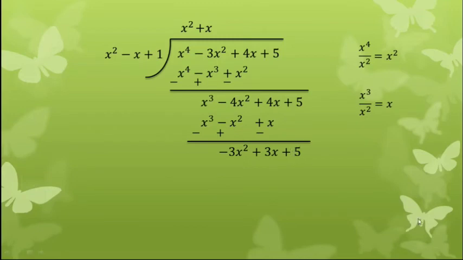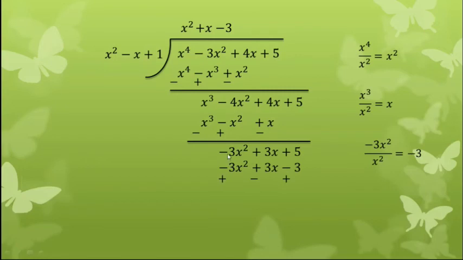Now see, here is minus 3x square, the first term of this one, and there x square only. So when we divide minus 3x square by x square, we will get only minus 3. So now we will multiply by minus 3, and we will write minus 3 at the top. Minus 3 multiplied by x square will be minus 3x square, and multiplied by minus x, it will be plus 3x, and it will be minus 3.